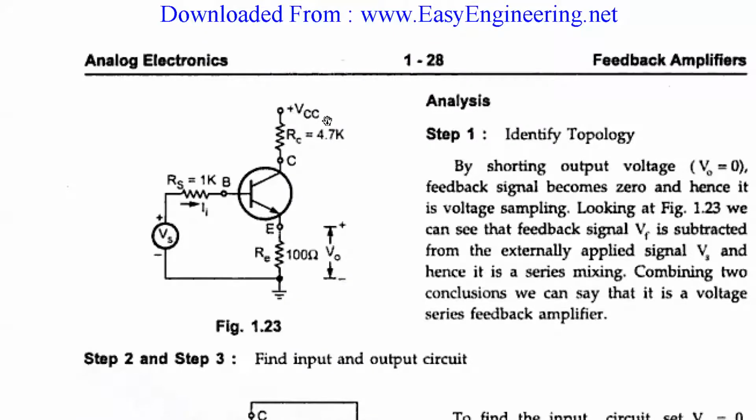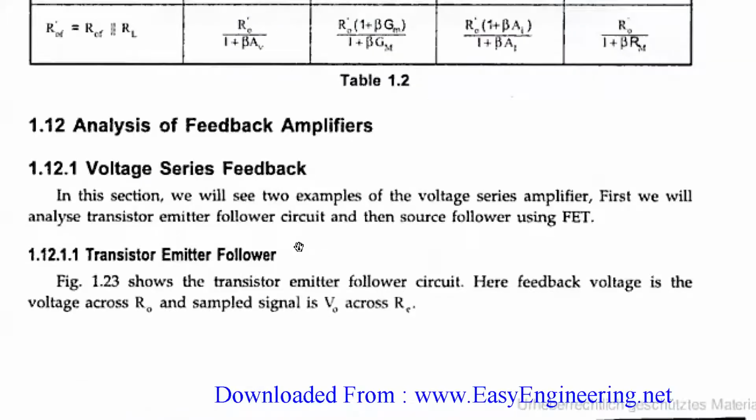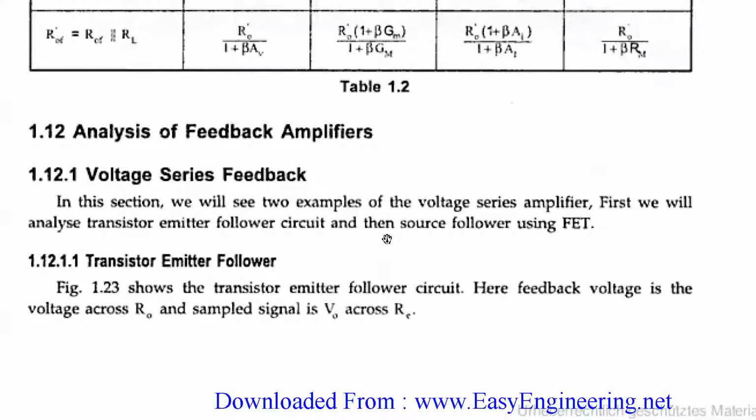Voltage gain with feedback, AIF, current gain with feedback, RIF, input resistance with feedback, R naught F, output resistance with feedback. Then how will you solve? There are some rules. Let us see the rules first. The rules are,